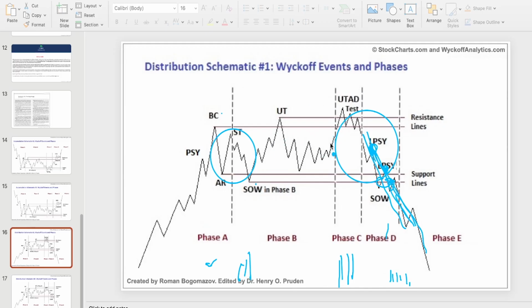There is the textbook one, the first one we have. Not all distribution will give you the UTAD, but the ones that do will usually give you a nice opportunity to get in. So you don't want to be waiting for UTAD in all your distributional structures, except if the volume signature and the quality of the rally suggest to you that we're going to come back to the area of upthrust. Because in some distribution, just like we have in example 2,